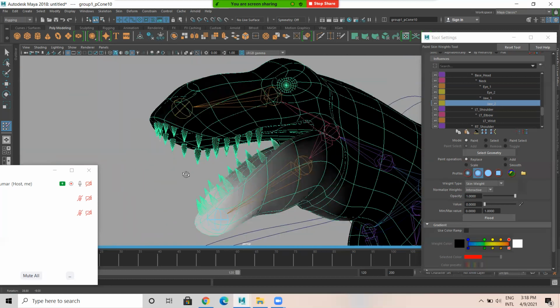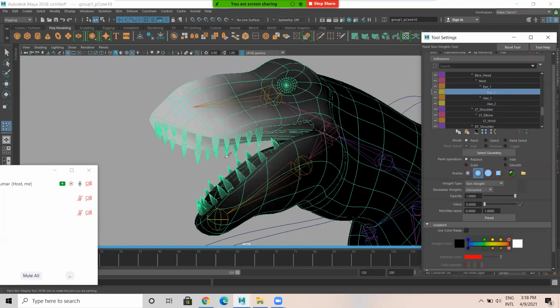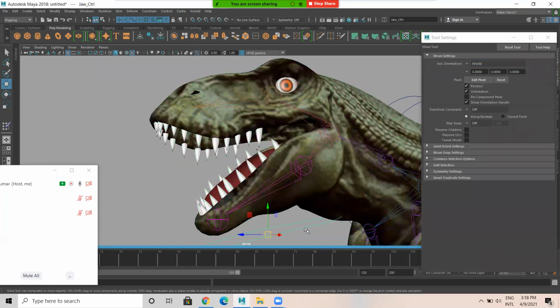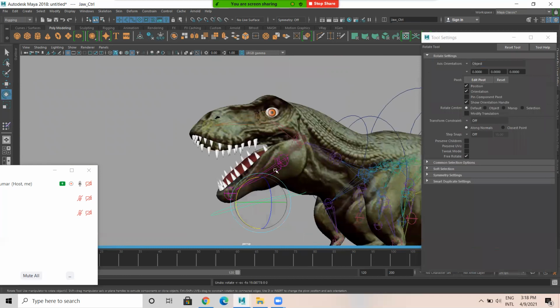Okay, lower jaw is done. Then I1, I2, that's okay. Let's see. I'm selecting this, and when I rotate, okay, it's like this. See, the top part is not moving now.